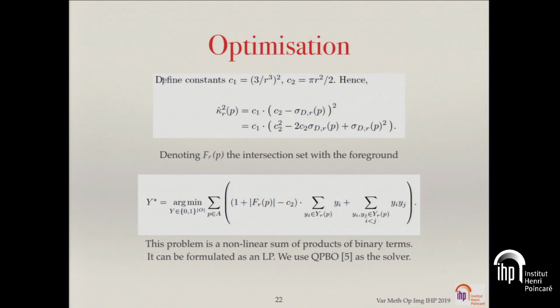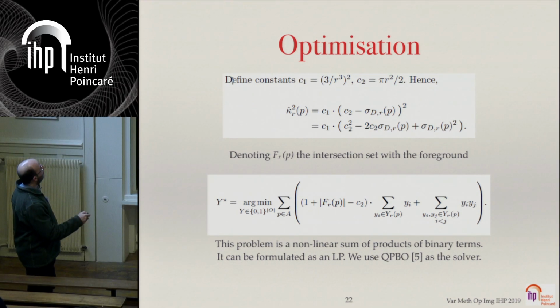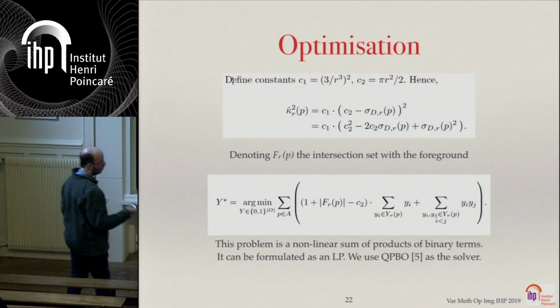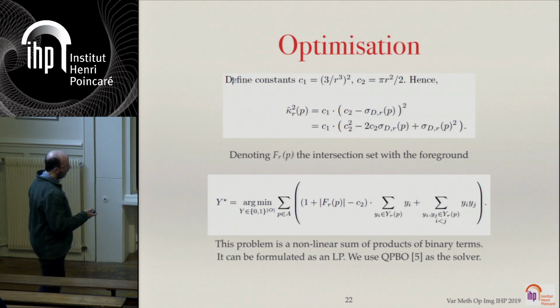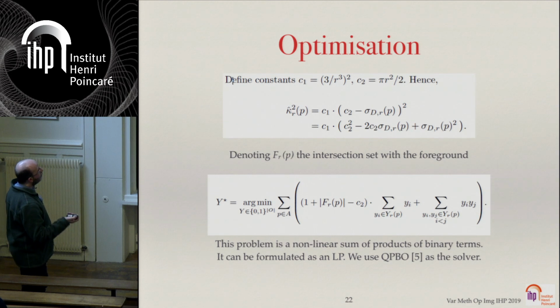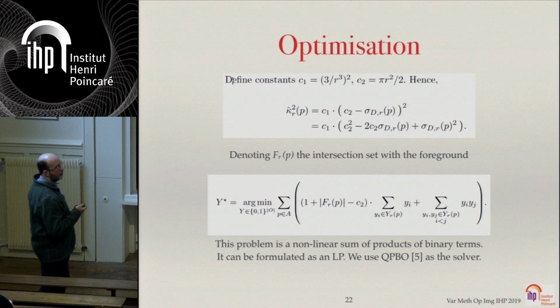IP. Of course, it's not obvious that this is an IP, but every product of binary variables can be separated into 3 constraints. And those 3 constraints and a sum. And this renders the problem linear, solvable using an LP solver. And at least, sorry, an IP solver. But it turns out that this kind of sum, in this form, is optimizable